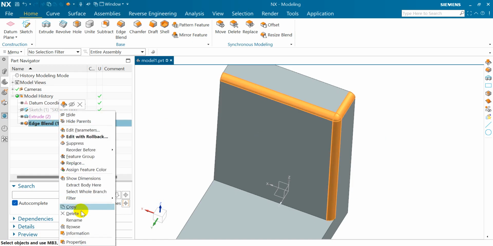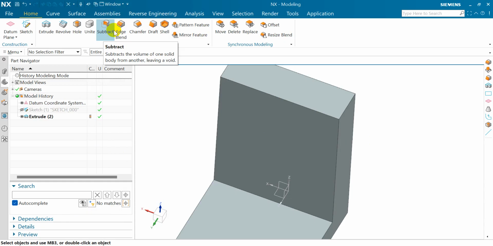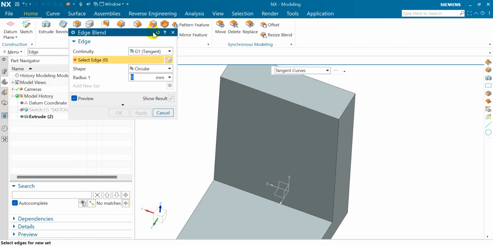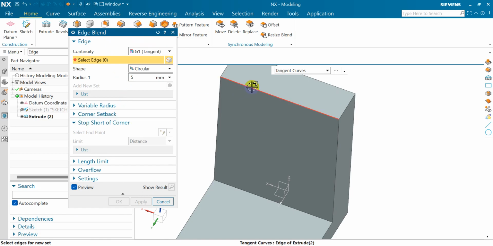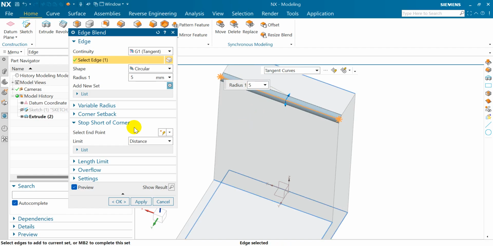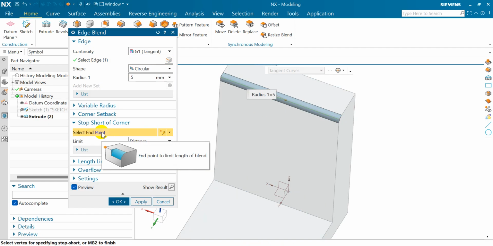Now next option, edge blend, click on reset and click on more options. Now click on this option, stop short of corner. Suppose I click on this side, now click on this point.